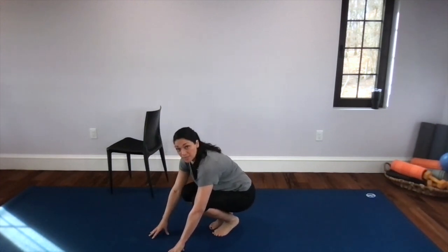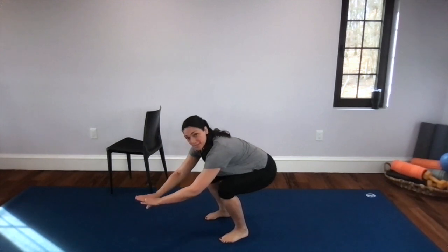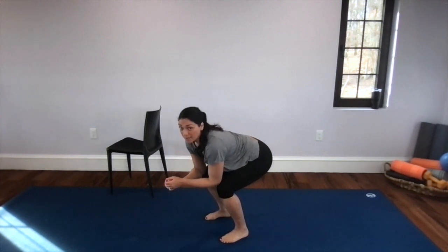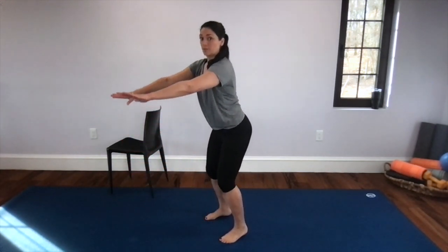You know, it's probably easier with the feet wider. So let's go wider. There we go. We're going to get into a little crouch. You feel that pressure on the shins? This might not be for everybody. So let's see, you might want to skip this one if this is too intense or weird with balance. Okay, now we're going to come up,